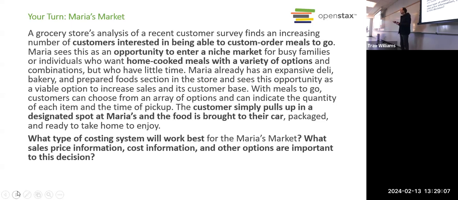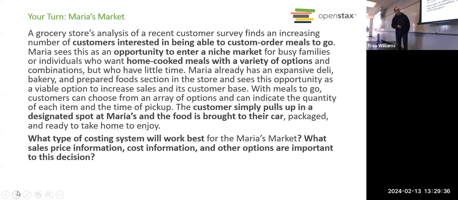You know how restaurants charge you a whole bunch of money if you want avocado on something, like an extra $2 for a couple slices of avocado, right? Because avocados are a little on the expensive side because they're so perishable and there's a lot of manual labor involved. So that's the whole idea. The more that the cost varies for every particular order, the more sense it makes to use job order costing.